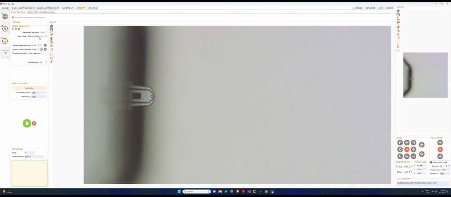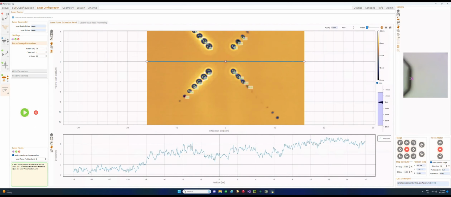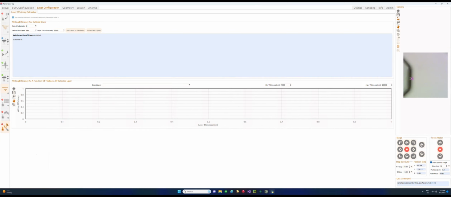In the writing parameters, we can see the laser power, so the set power, which is 100 milliwatt. In case we have a laser power calibration in the software, just to remind you, we can do the laser power calibration here.